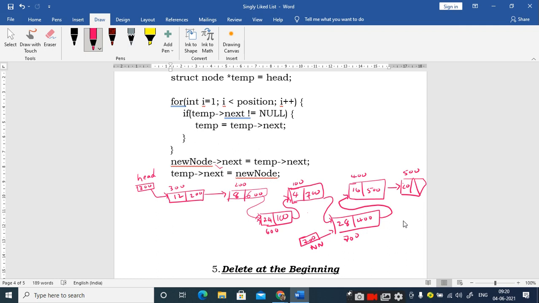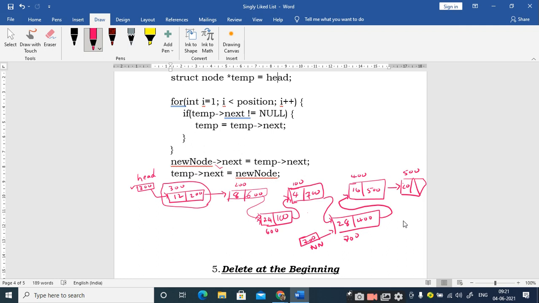Now tell me, what is the first node we have in this linked list? 300. The node that is created at 300, right? So that is identified. Why? Because we have the address 300 inside the head pointer, right? Now I want to delete this node. If I delete this first node, what happens is the second node should be made the first node. Very simple task, right? If you delete the first node, automatically the second node should be the first node.